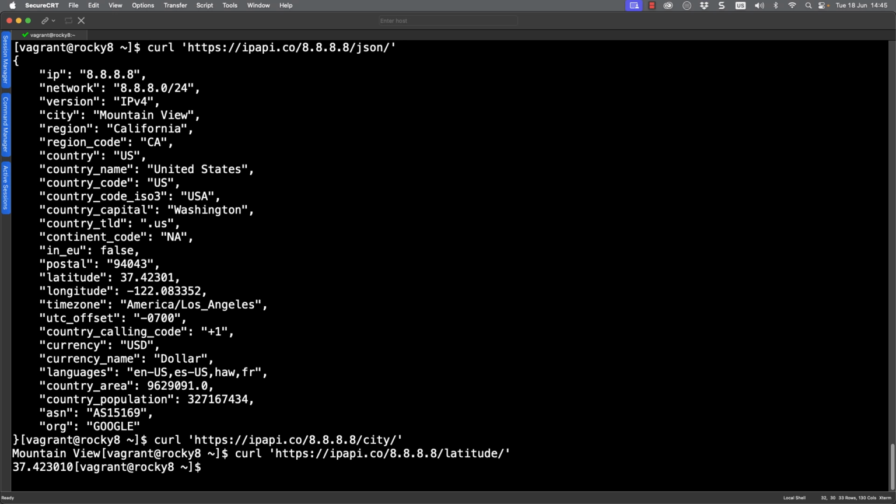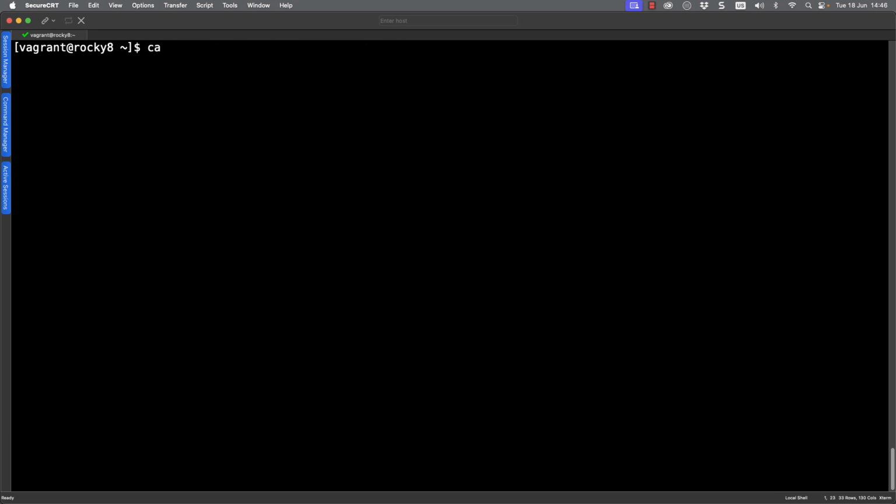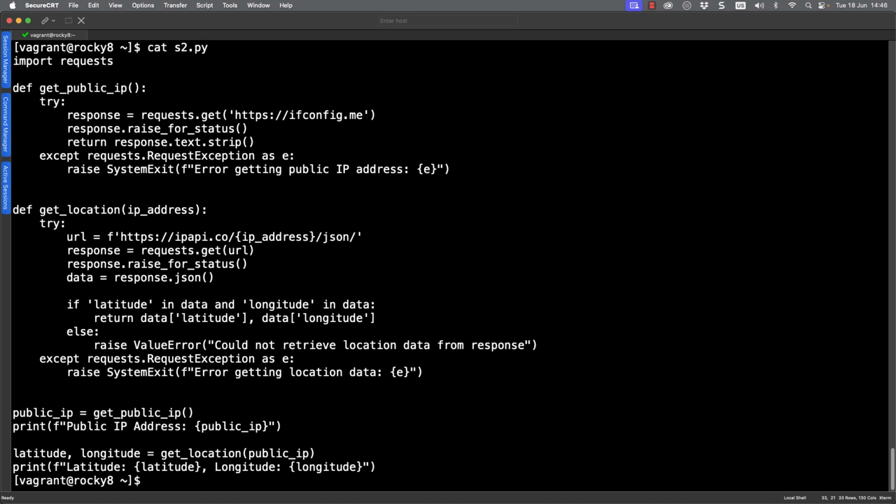So that gives us an idea of how we can use it with the command line. But of course, we want to implement it within our script, so we can pass the IP address through automatically from our ifconfig.me API.